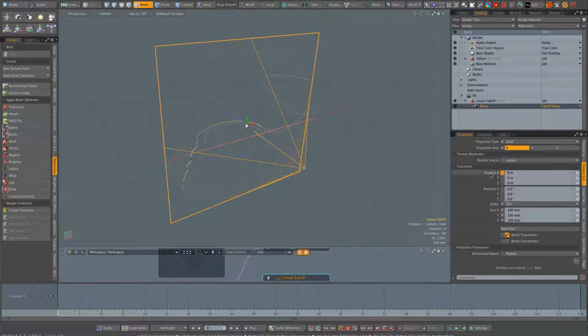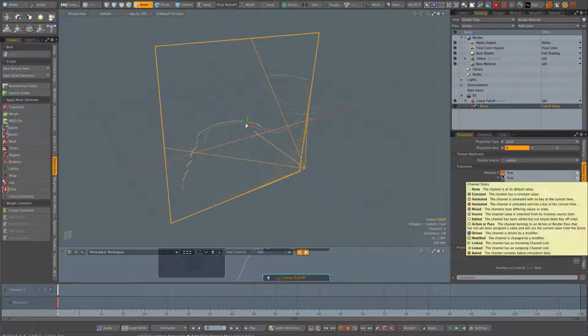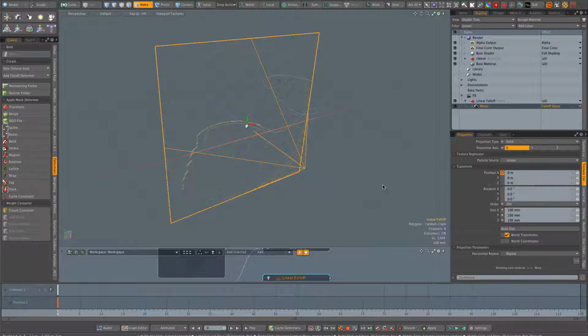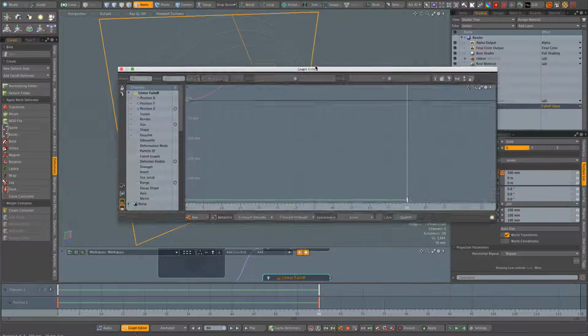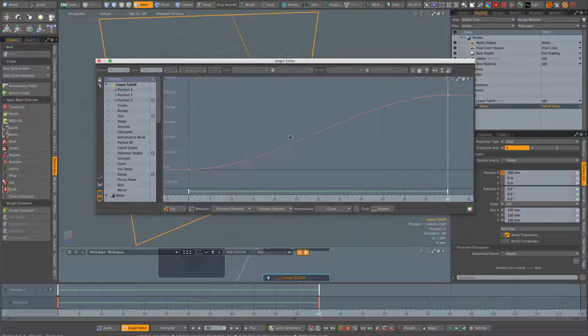Select the position X, for instance. Add one keyframe at 0 and at 60. We'll add another one and do like 0.5. While this is selected, press F7 to bring up the graph editor, A to fit the view.